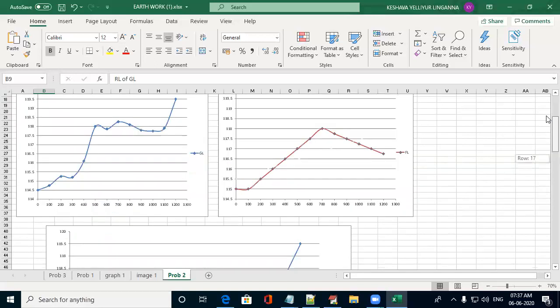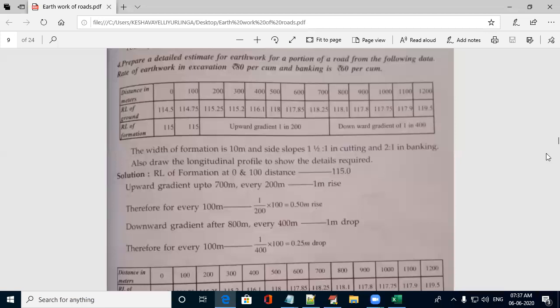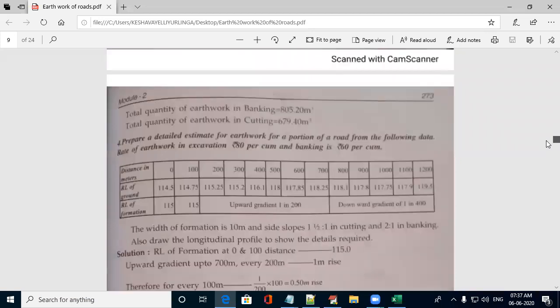If we do this, we will get the depth. Still the problem is not completed. So now we have just got the depths at various points. Now, once we get this,